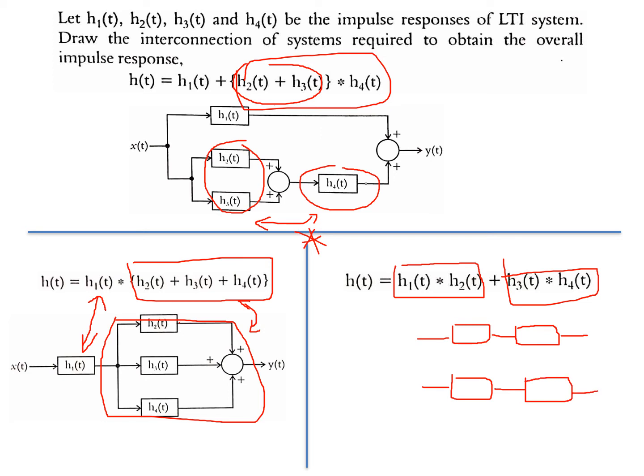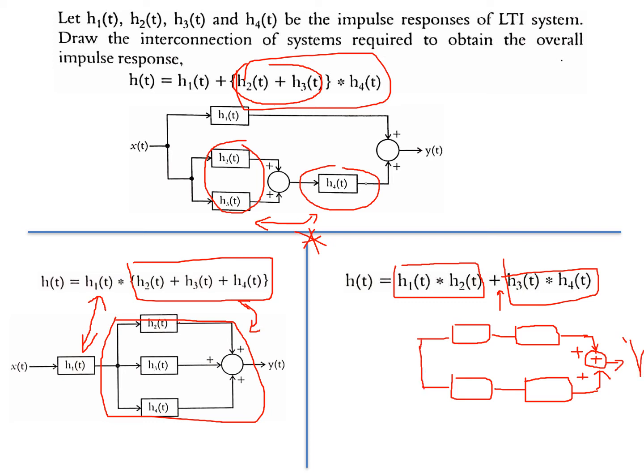They are to be added. See, the sum is there, so they should be added. That means there is an adding node, a summing node. So here one arrow, here another arrow, and put plus on both arrows because it is a sum. There is no subtraction. Then this is the output y of t. Output.